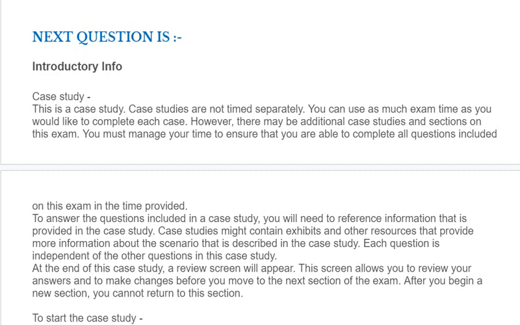Question is Introductory Info Case Study. This is a case study. Case studies are not timed separately. You can use as much exam time as you would like to complete each case. However, there may be additional case studies and sections on this exam. You must manage your time to ensure that you are able to complete all questions included on this exam in the time period